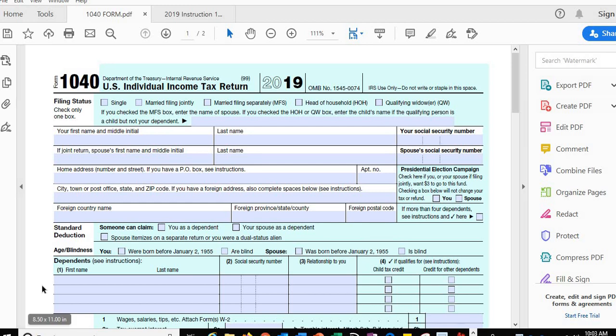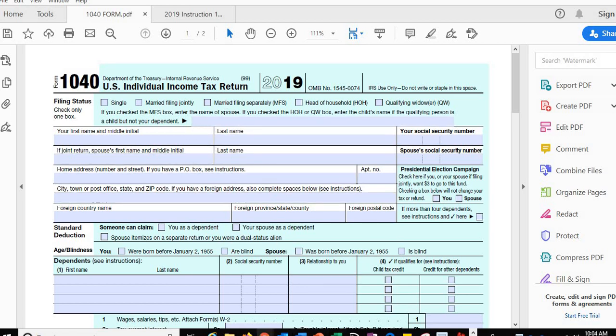Okay, so here it is, the 1040 form, 2019 tax year. So that's for whatever you earned and did last year on your job. This is the form that you're going to fill out. Okay? And so now what we want to do, there's a lot of information on here, but we want to